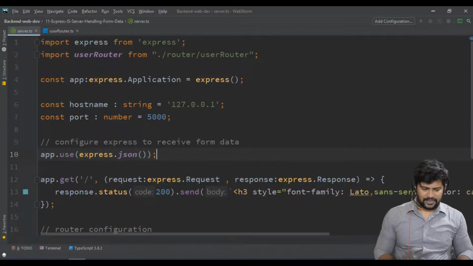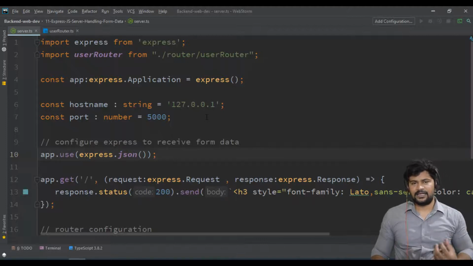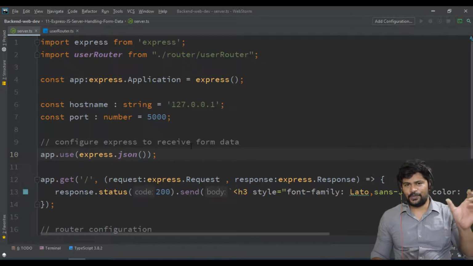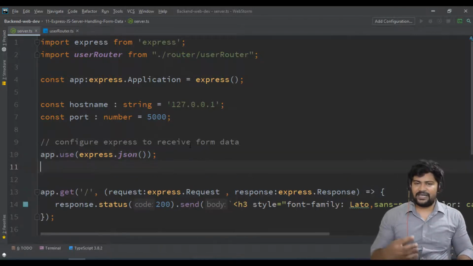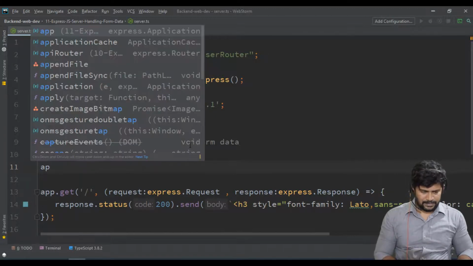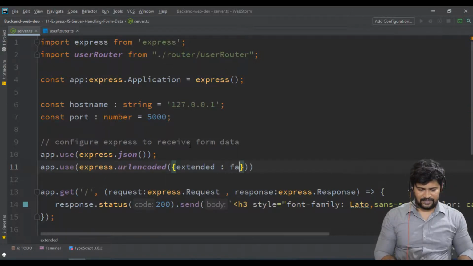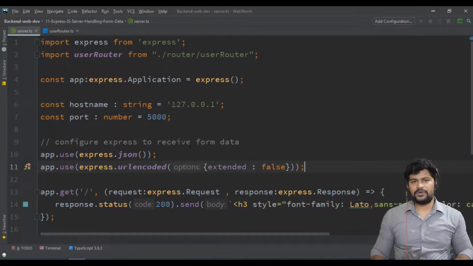Okay, like this. If you write this line, they start recognizing and expecting your form data, start receiving your form data. express.json means the form data can be received by the server in JSON format. Some people will also send something called URL encoded data. To receive data through URL encoding, you write app.use(express.urlencoded) with an option called extended with the value false. So if you encode the URL with some form data, you can go with this line.